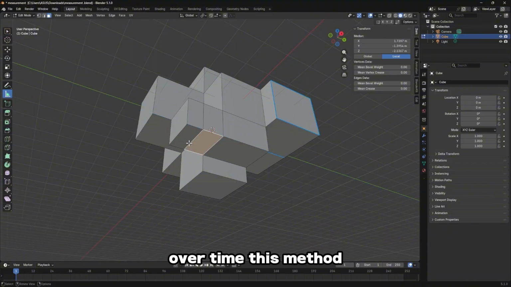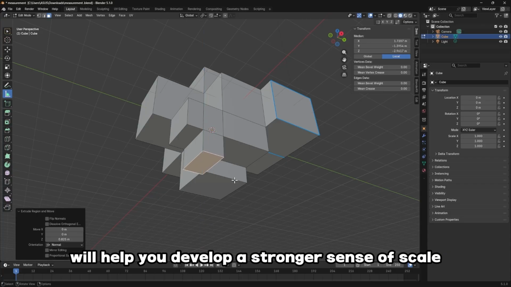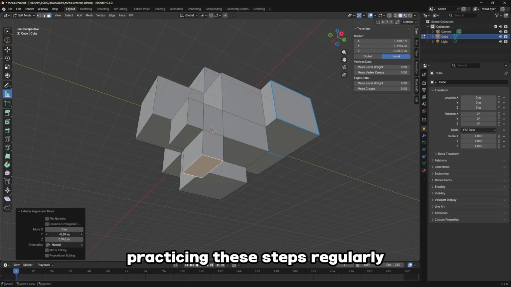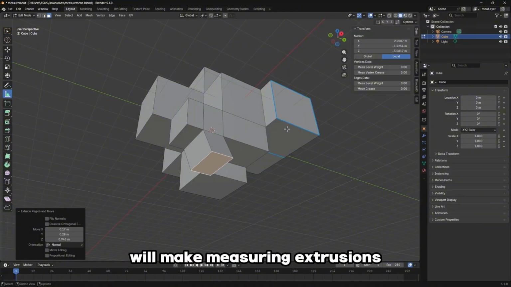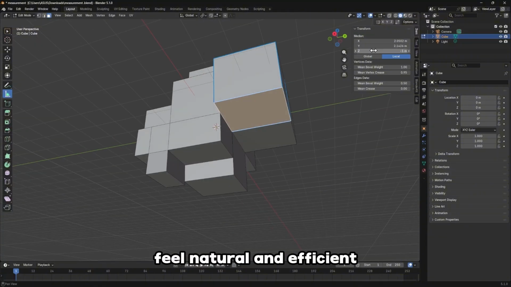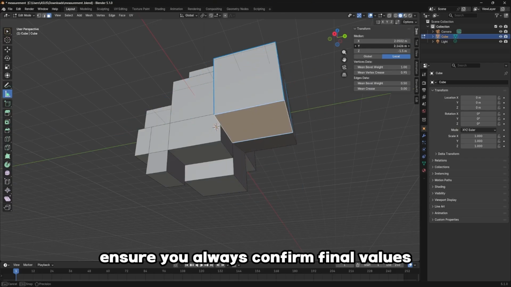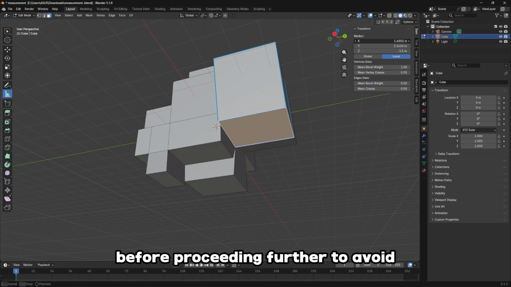Over time, this method will help you develop a stronger sense of scale and proportion when working in Blender. Practicing these steps regularly will make measuring extrusions feel natural and efficient in any modeling task. Ensure you always confirm final values before proceeding further to avoid